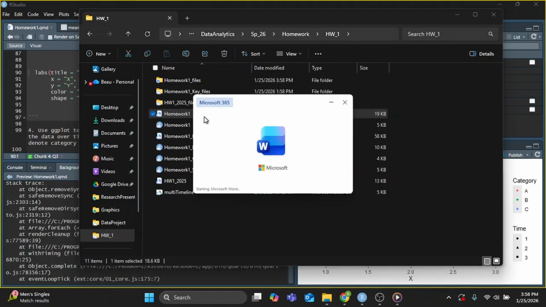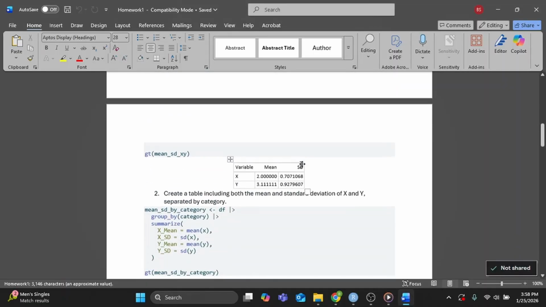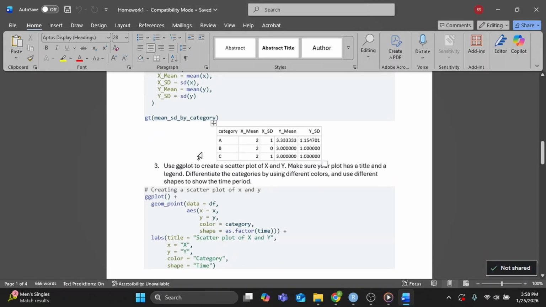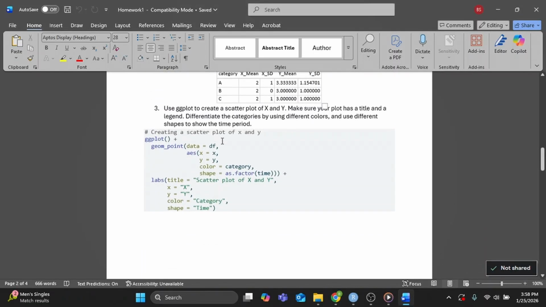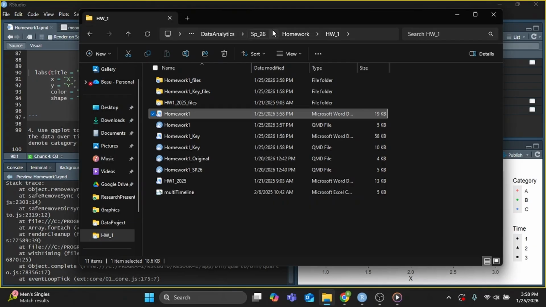There we go. And now I got question 1 and an answer, question 2 and an answer, question 3, R code, and a scatter plot. We did not set a theme at the top, so let's go ahead and fix that, because that gray theme is quite ugly. So if we go back to the top,